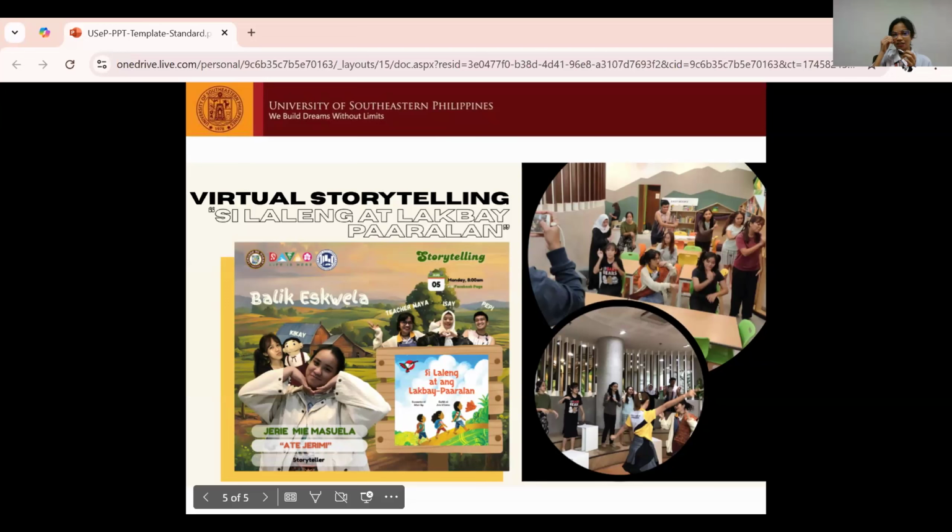And we implemented this as well because we wanted this to be accessible in the digital age, so more children are interested in reading, and to foster the love for books.